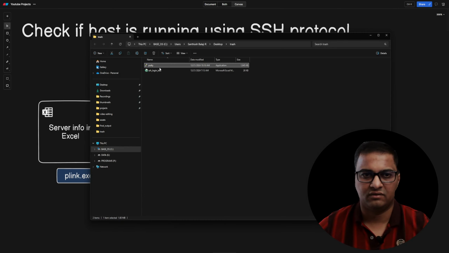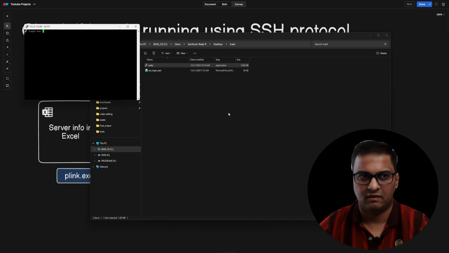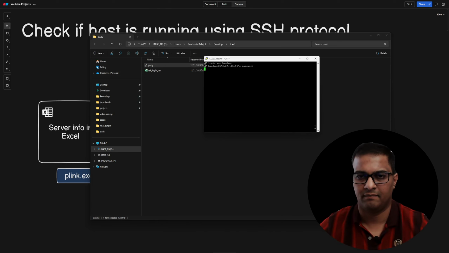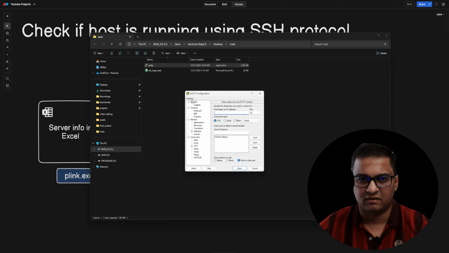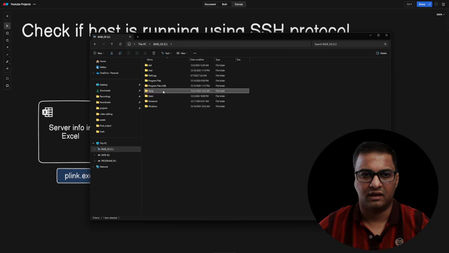For this, I've already downloaded PuTTY from this website, the link for which you'll find below, and I can just input the IP address or the host name, which then actually opens a PuTTY session. Yep, so I've logged into this system and I'm able to interactively use this session. As you can see, PuTTY has a configuration or a UI where I can do all my configuration, whereas plink is a command line tool. Download it from the link below in the description